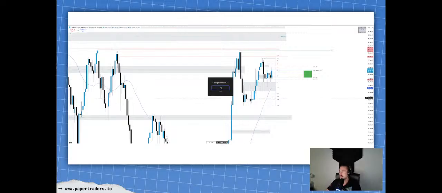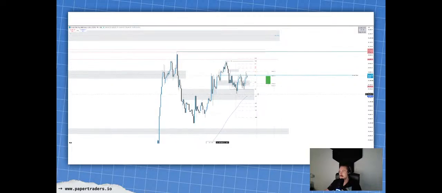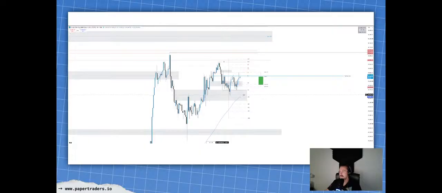Let's take a look here on the hourly. On the hourly, we had this inverse fair value gap that price bounced on. We swept these liquidities, which was nice, right? We swept those, bounced on that 50%. We're also holding this fair value gap, and then we have this one above that we just rejected as well. On the hourly, you can see the price rejected that same FVG above at